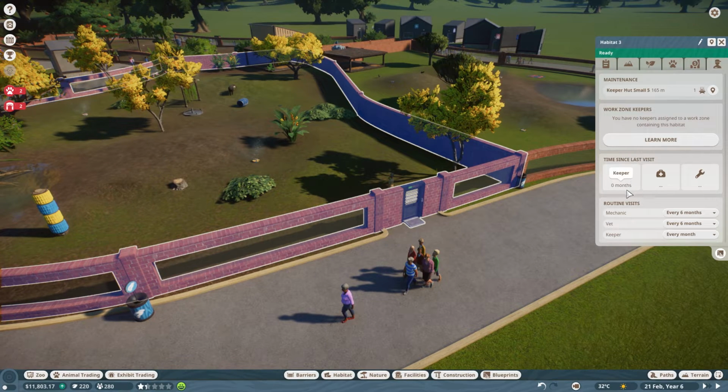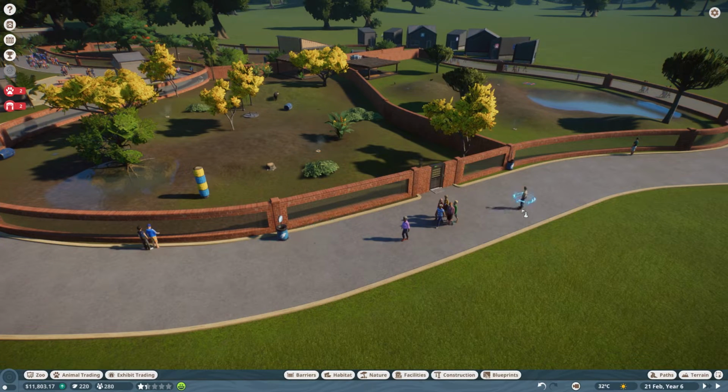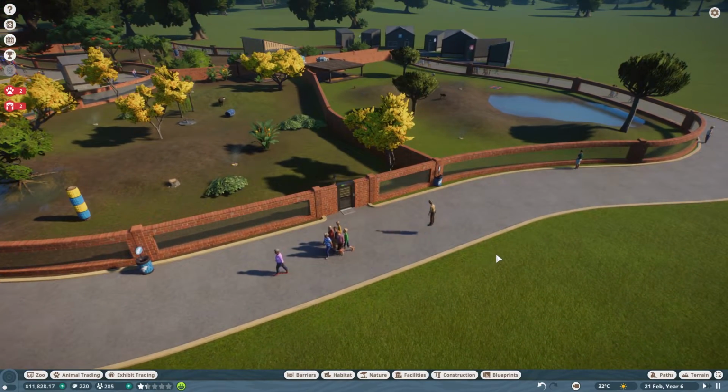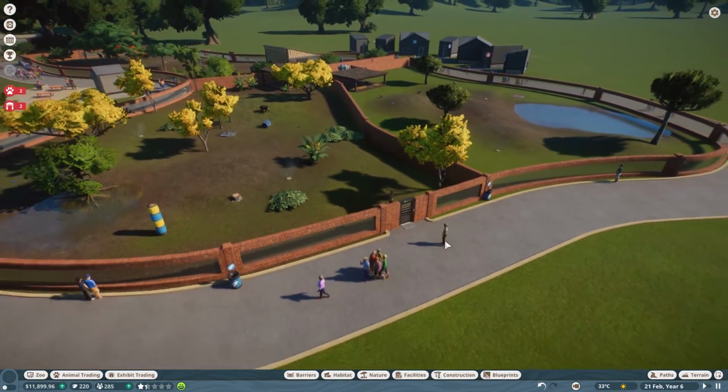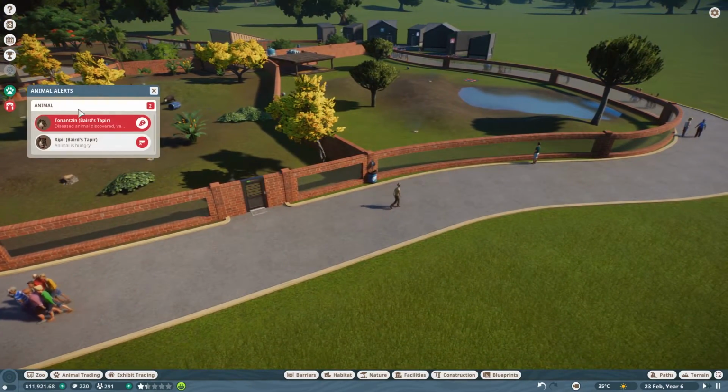First thing I'm going to do is just make sure that I know the difference between a keeper and a caretaker, because it seems like there should be overlap in that job description, but we'll see. Okay, I think the keepers... Okay, caretakers, I think, are basically janitors. So they're cleaning the park. Keepers are actually taking care of the animals. So I'm going to hire another keeper, and then hopefully we won't have any problems keeping the pens nice and tidy, all right? But in addition to that, we should probably make...